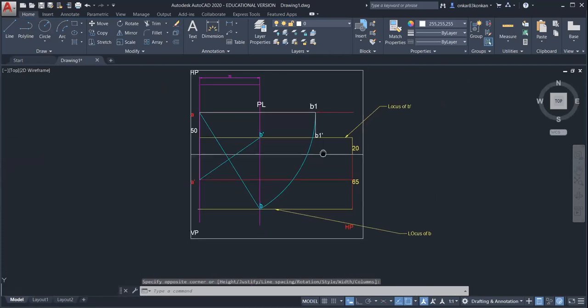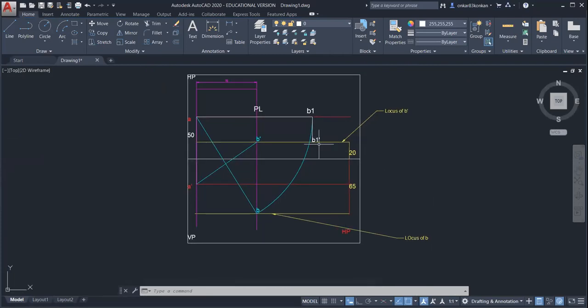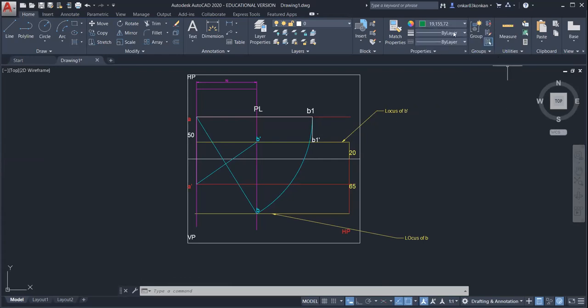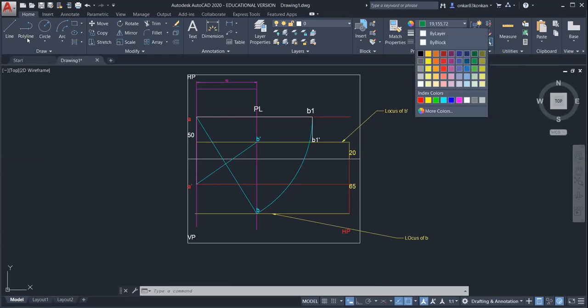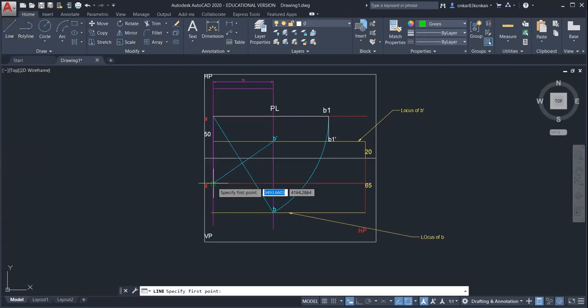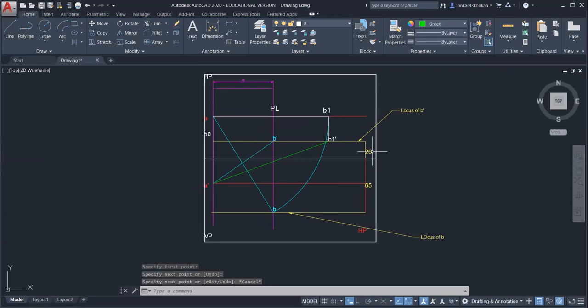So now connect A dash with the B1 dash. So this is the true length in the front view, A dash B1 dash.